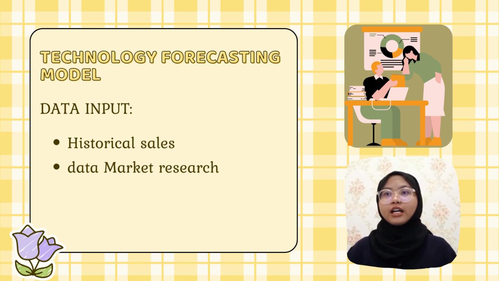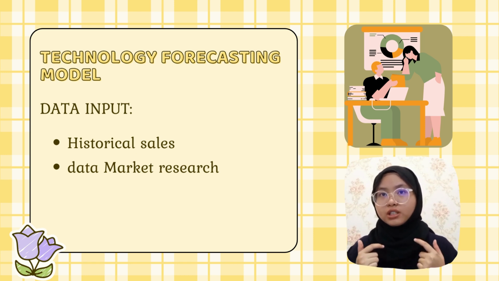Alright, in order for HP to investigate their business forecast problem and objectives, they could use the following data inputs, such as historical sales data. HP could use historical data to identify trends and patterns in their sales. This would help them to forecast future sales and identify areas where they need to improve.